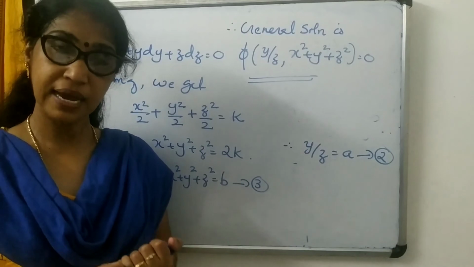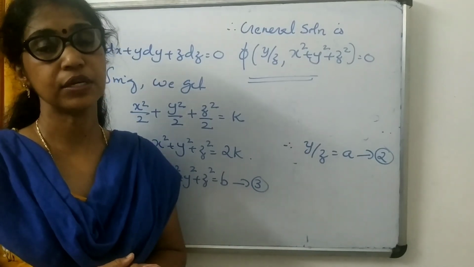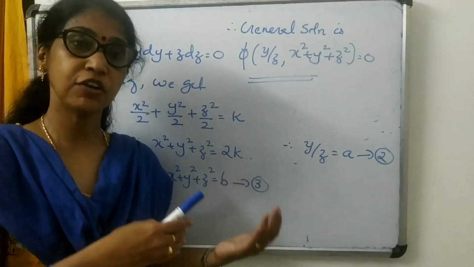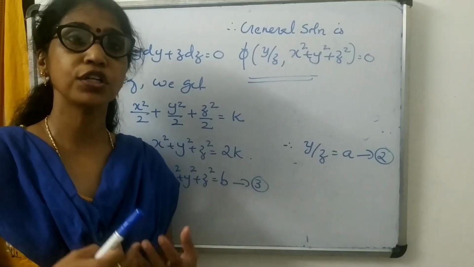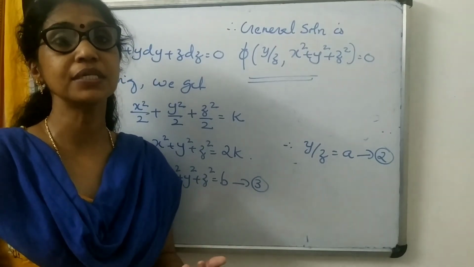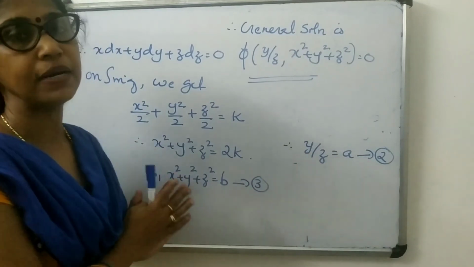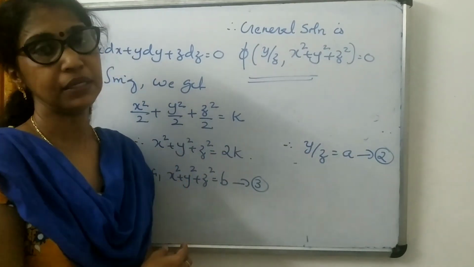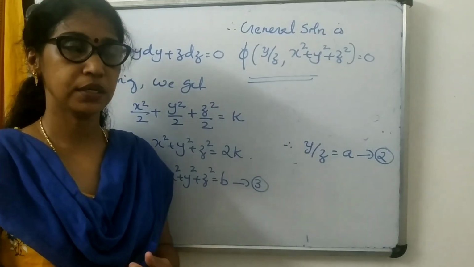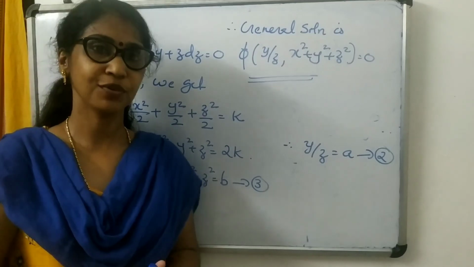So in Lagrange's linear differential equation, to solve a Lagrange's linear equation, we use the method of multipliers or the method of grouping. In some problems we get both solutions by the method of grouping, or both solutions by the method of multipliers. In some problems we use both these methods to find the solution. So hope you all understand the problem. Okay, thank you.